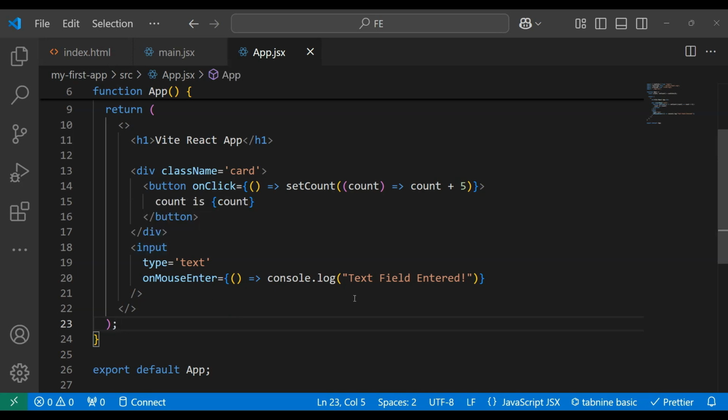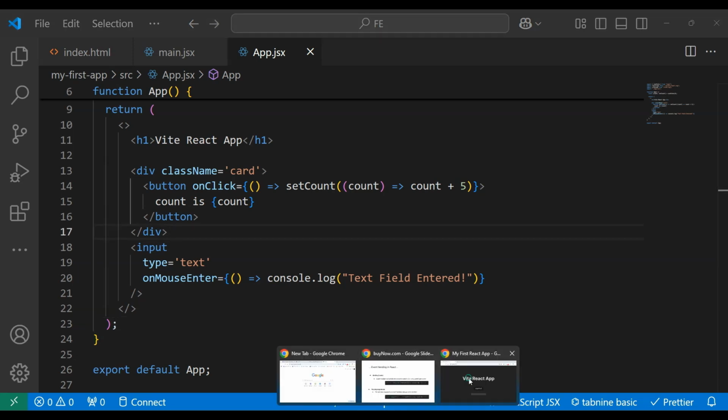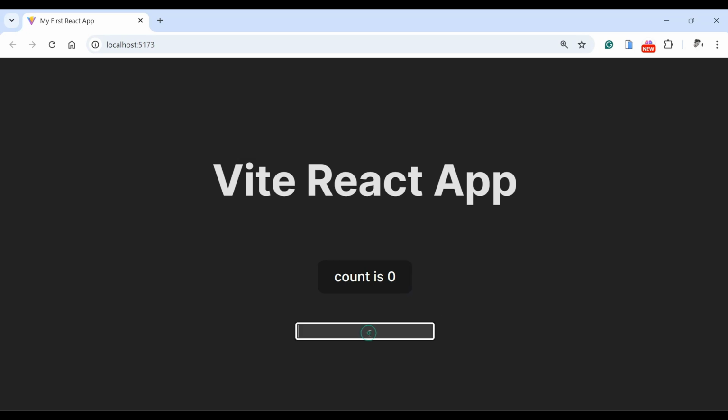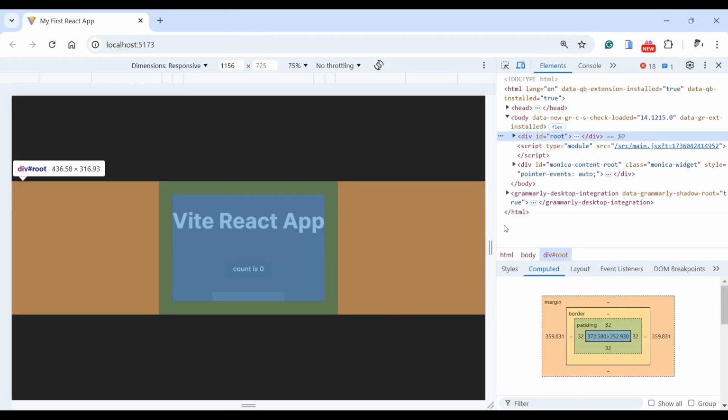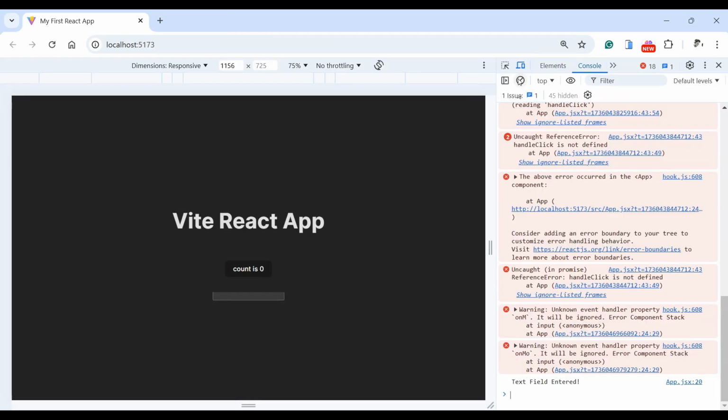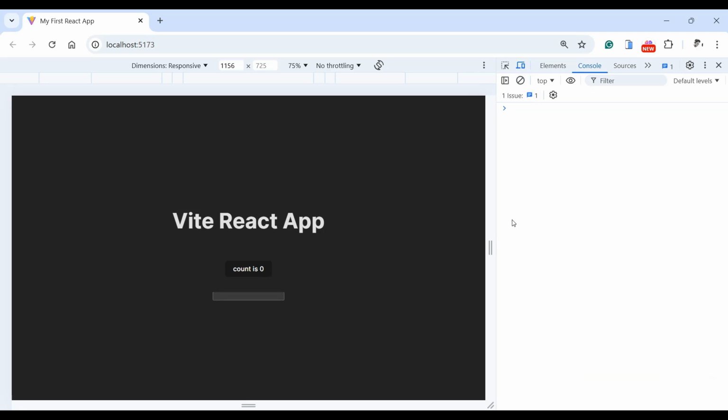So let's go to our browser to actually check out this output. So right here in our browser, we have gotten the text field right here. So let's go to our console to see what happens when we actually enter inside the text field. I'm going to clear this off. So now let's click on this. So right here we have text field entered. So if we go out and click on it again, go out and click on it again. Whenever we click on this text field, we're going to see this text actually displayed